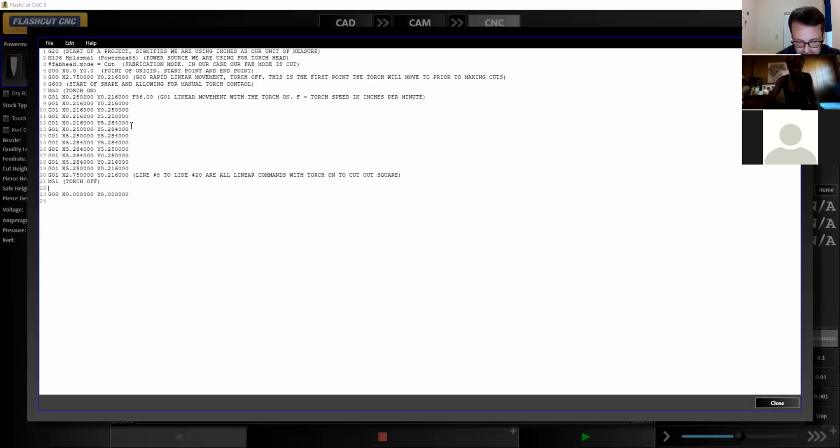Something we always do when we finish is we raise our torch, which the Z direction is in the negative. We raise our torch a half an inch to